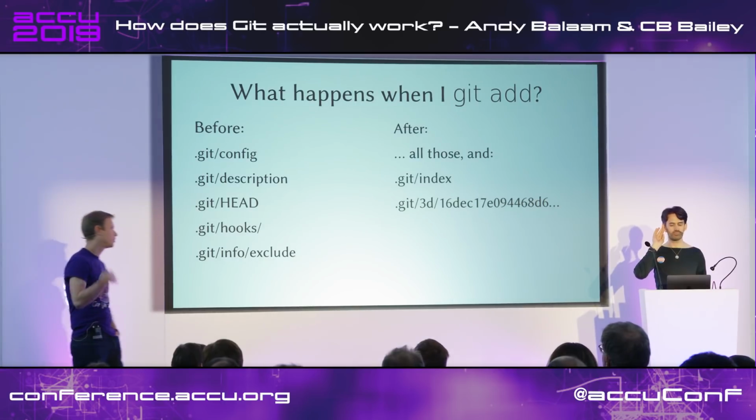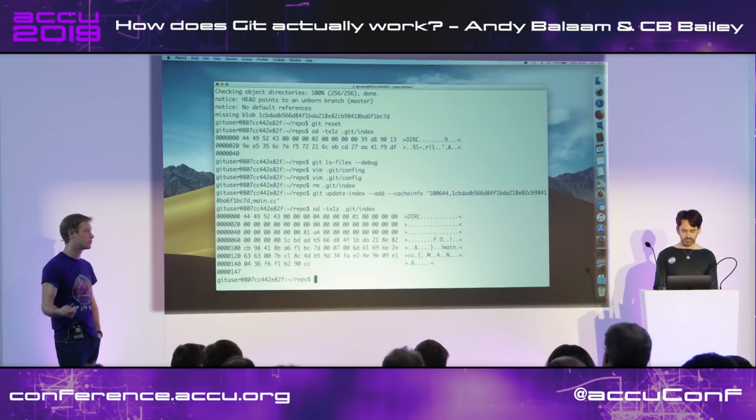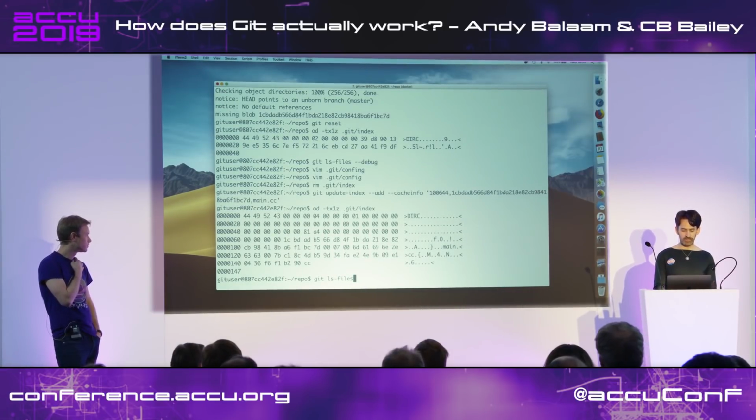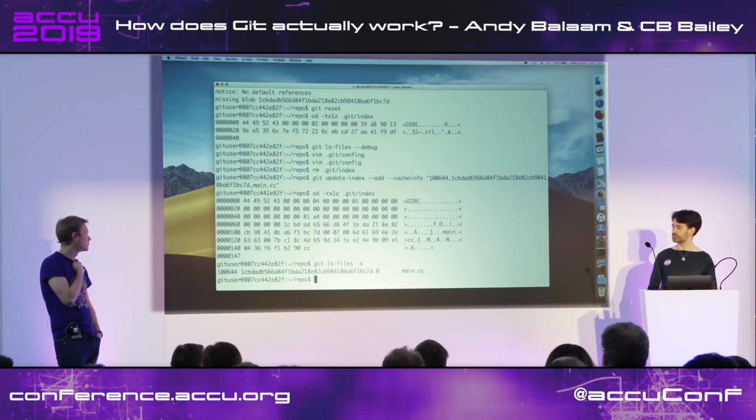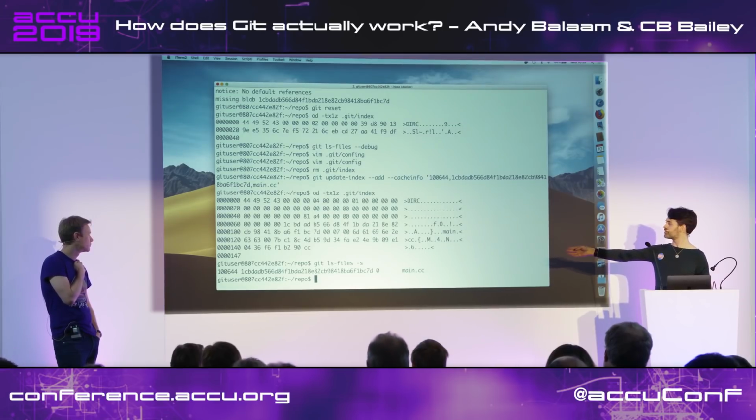Is there a git command for looking at what's in the index without looking at the hex? Well, there's git ls-files, right? That is the index, basically. Git ls-files shows you what's in the index, and -s is for staged, so that's showing you what's staged. The non-debug version is just showing you file mode, object ID, and